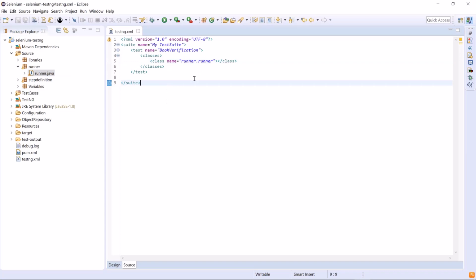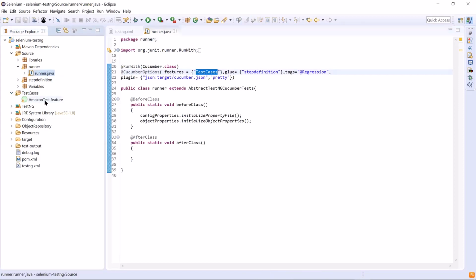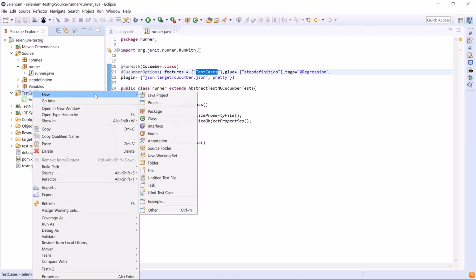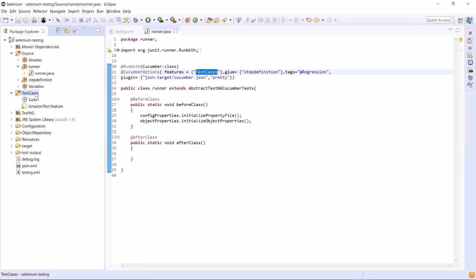Now, if I use this XML to run my test, then all the test cases available under this location will execute. Since I have only one file over here, it's not going to make any difference either way, whether I run it through testng.xml or not. Now suppose that you have multiple folders under the test cases, which are grouped based on different functionality, and you want to run different sets of functionality in parallel to reduce the execution time. In that case, we can utilize our testng.xml file to execute the tests.